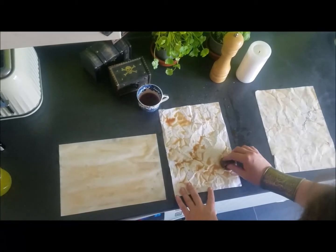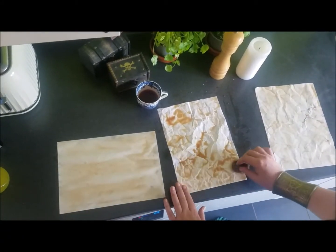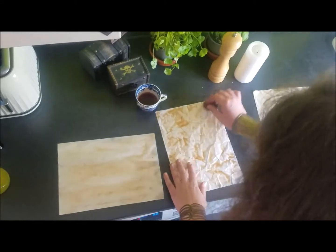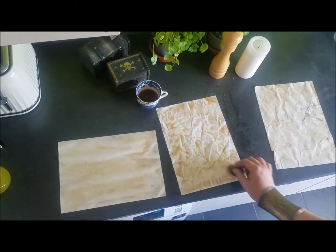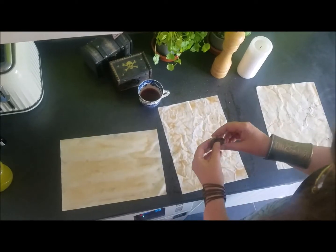It is quite fun painting with a sloppy wet tea bag, I have to say. There we are. It looks like it's all nicely soaked. I think I crumpled that one a bit better than the other one. It's definitely got some variety going on. Make sure those aren't sticking there. They're not. Okay, now